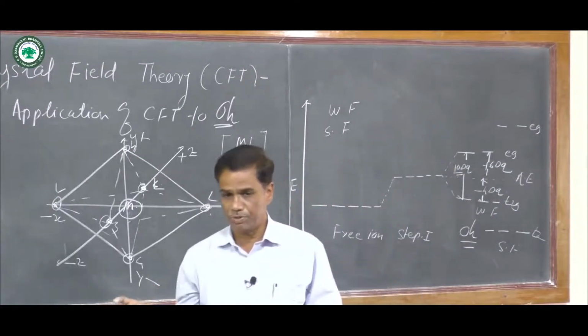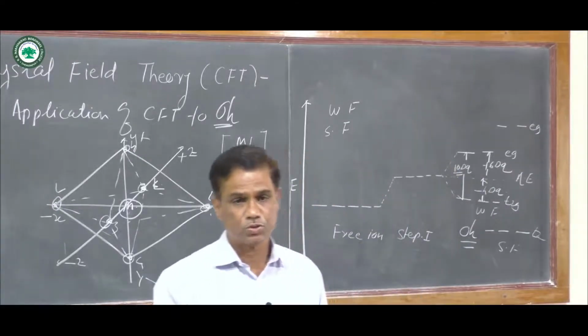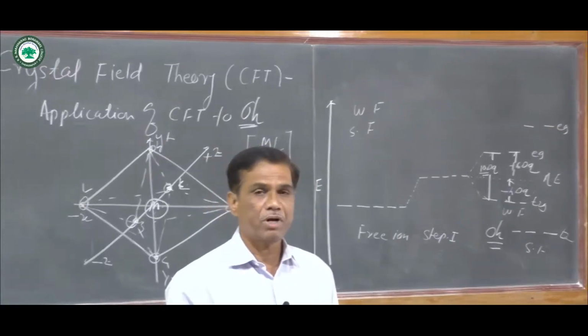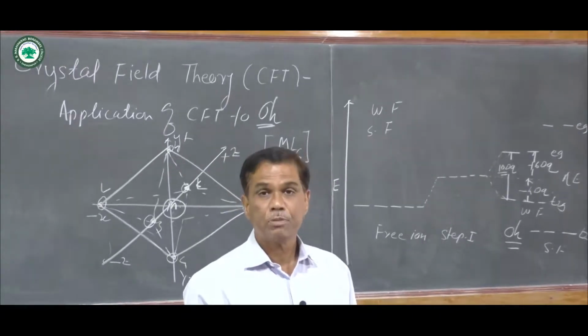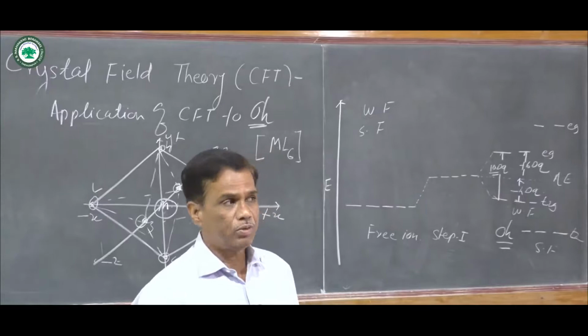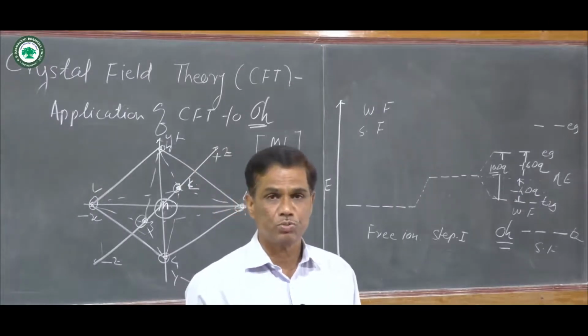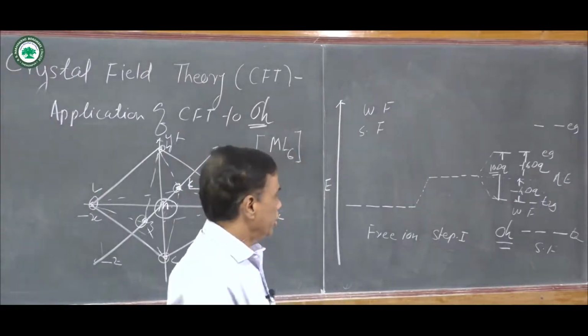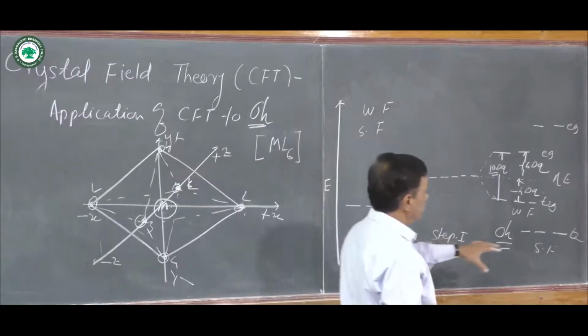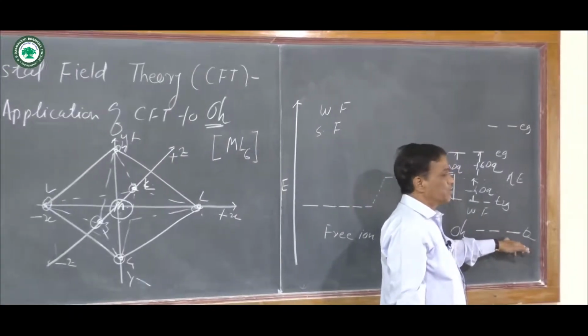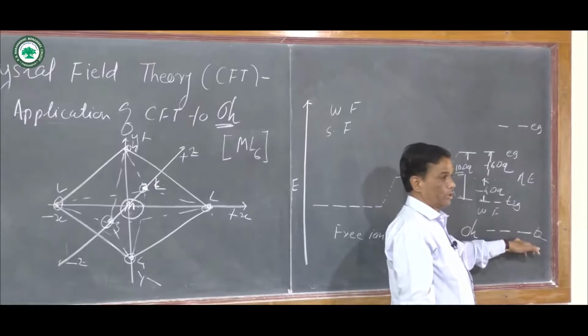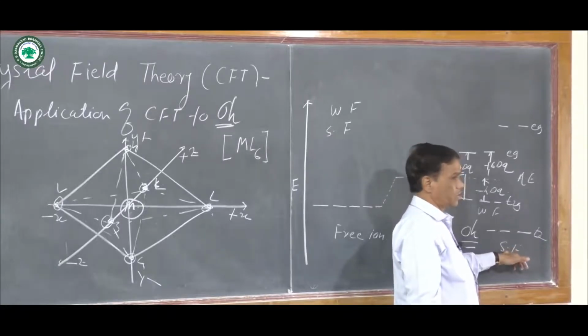Again, the distance between the T2g and Eg is equal to plus 10 Dq. From the average energy to Eg is plus 6 Dq, and from the average energy to T2g is equal to minus 4 Dq. In the strong field, the splitting is more, meaning repulsion is more, and this is called a strong field.